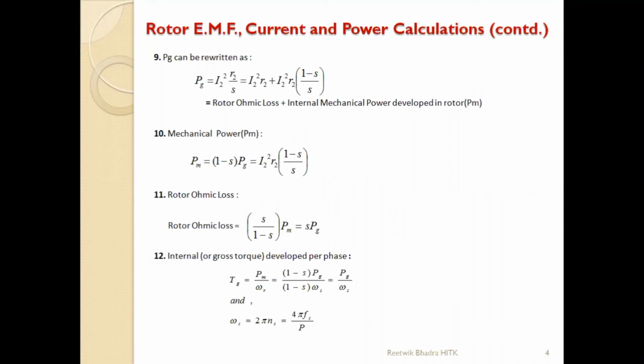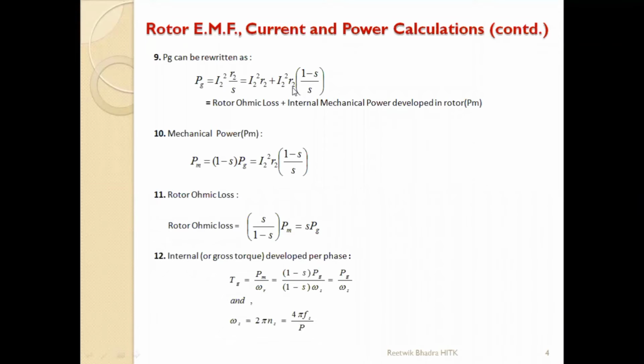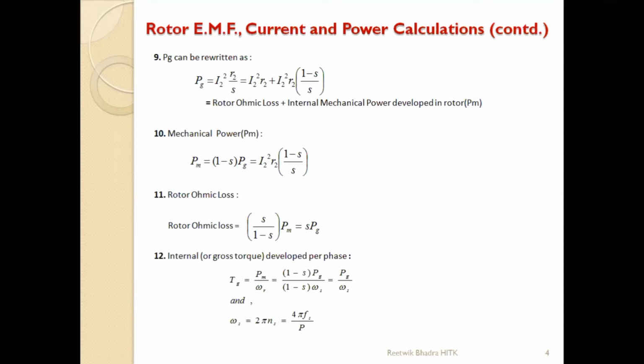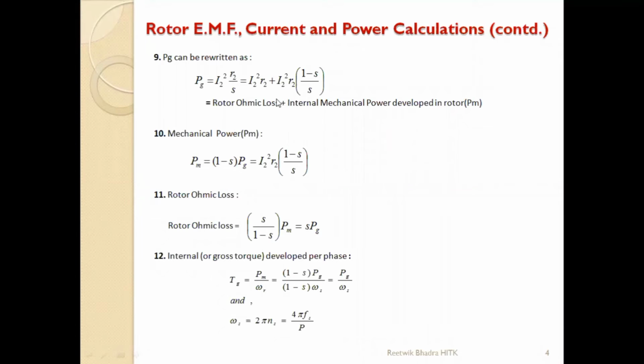Then power into 3, 3 VPH IPH cos phi for phase quantities. আর যদি line হয়, √3 VL IL cos phi. Generally all your resistances and inductances, X and R, are given per phase values, so I should be used over here per phase. So I2 can't be line current. So R2, X2 all are given in per phase only, in 3 phase quantity, if you remember all these things. So if I am using I over here, if it is a star or delta, I have to use I as per phase value only.